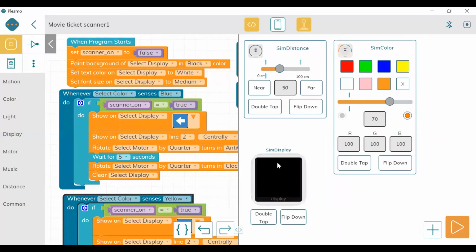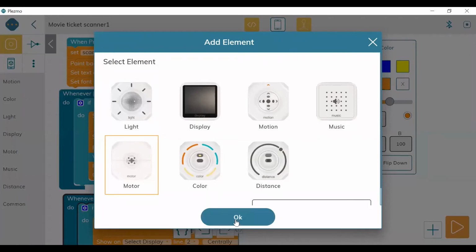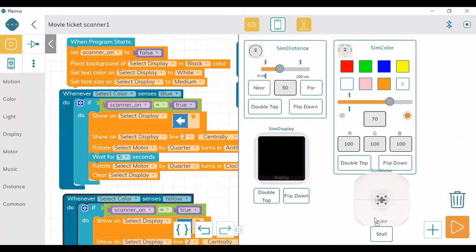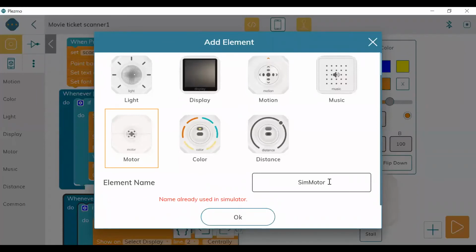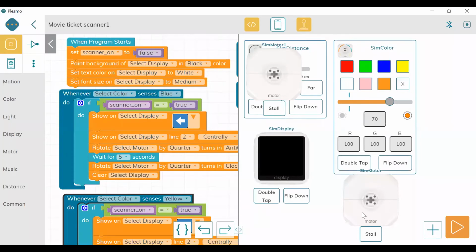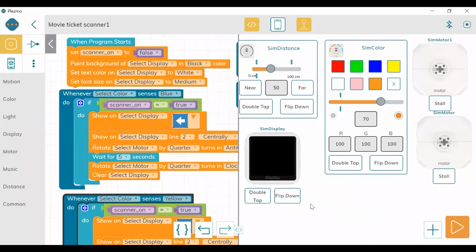Perfect. And now we are going to add a motor here. Okay. Motor. So we are using two motors. So I'm taking sim motor and sim motor 1. Got it. So all the things are clear now.